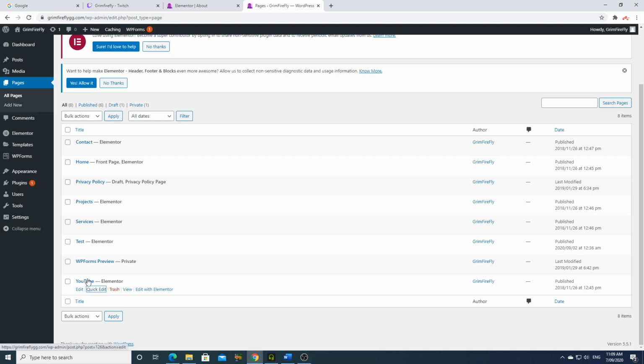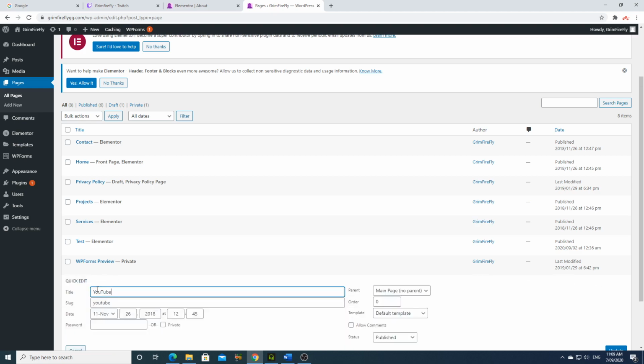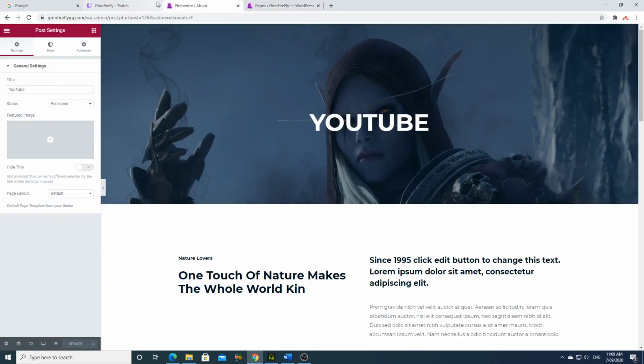So we knew it was About, so it changed it to YouTube since we've only ever changed one page. And we can go to Quick Edit, and now we see that they're both saying YouTube. Now if we go back this way, if we just push on Preview Changes again, and get out of that section completely,